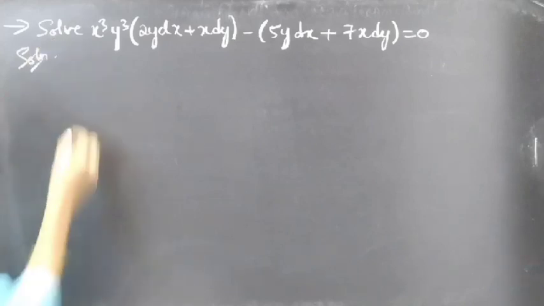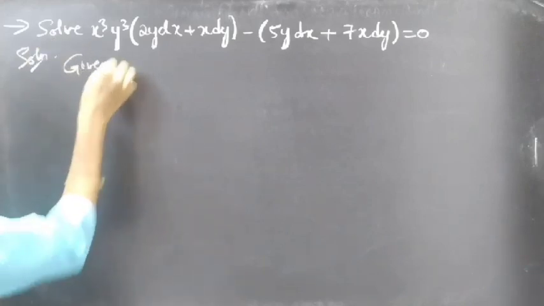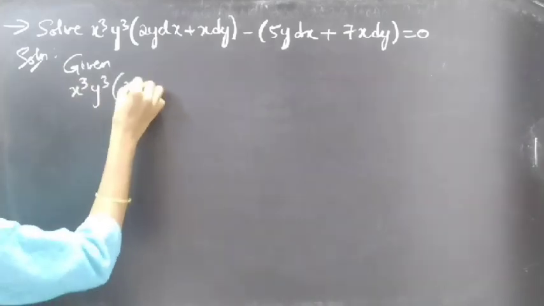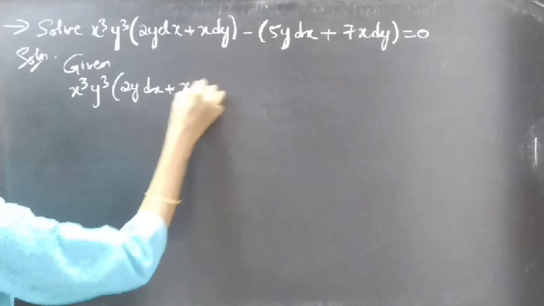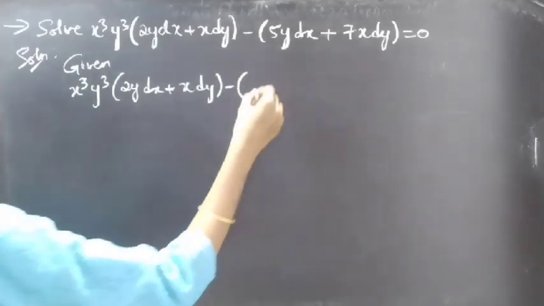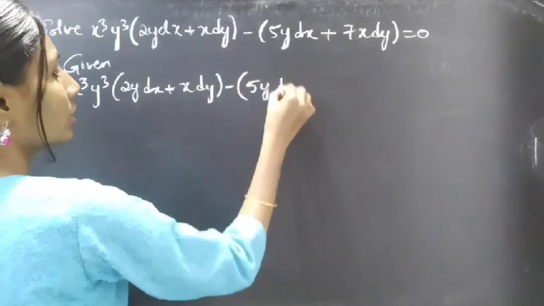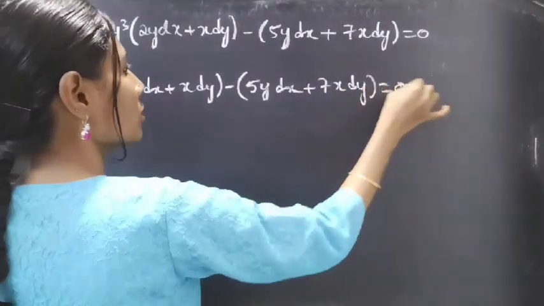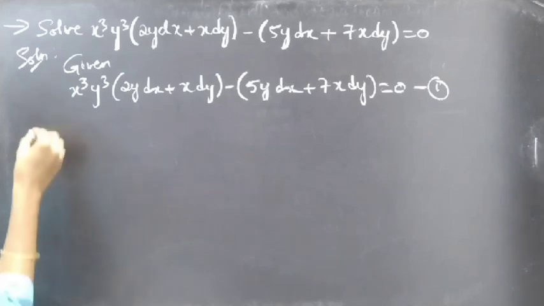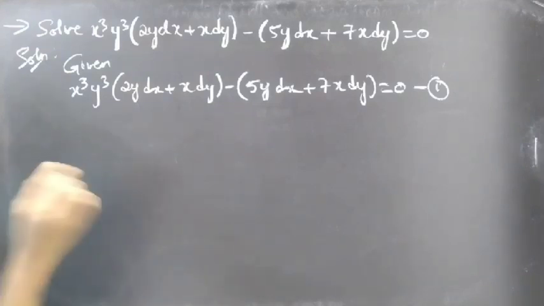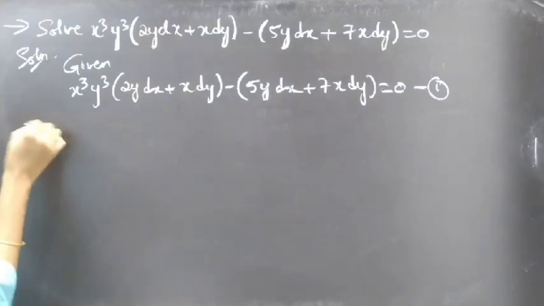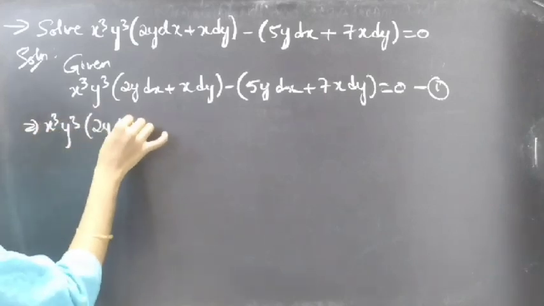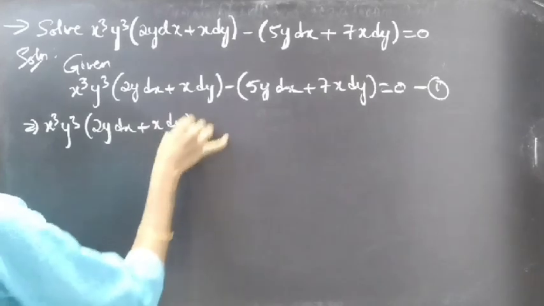Given differential equation: x cube y cube into 2y dx plus x dy minus of 5y dx plus 7x dy equal to 0. Consider this as equation 1. Now we can write this equation as x cube y cube into 2y dx plus x dy minus,